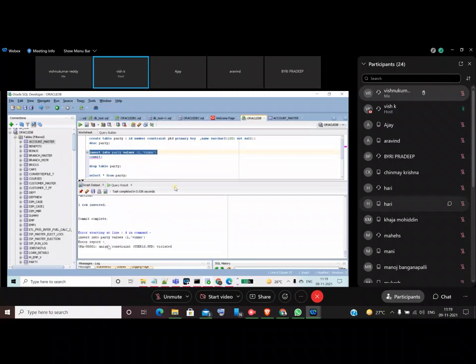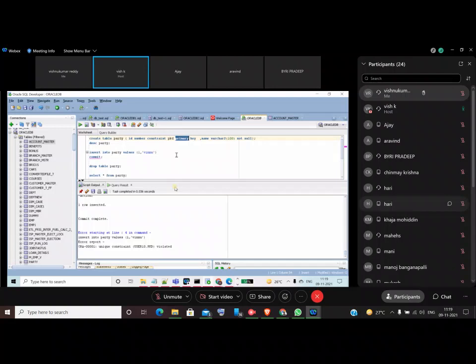So now you can see the system says insert into party, unique constraint error is coming. Why? Because I have a primary key, and primary key means not null and unique. So you should compulsorily give some values, and at the same time you cannot give the same number.